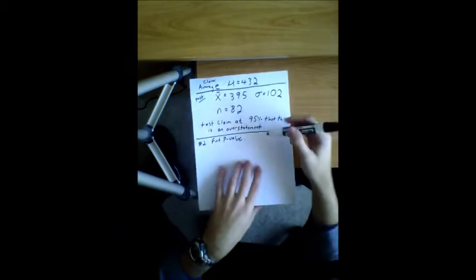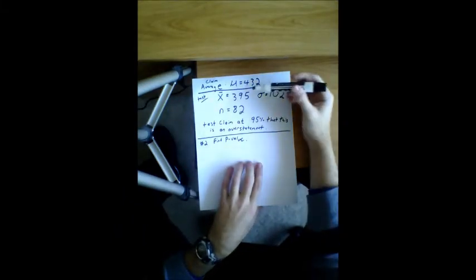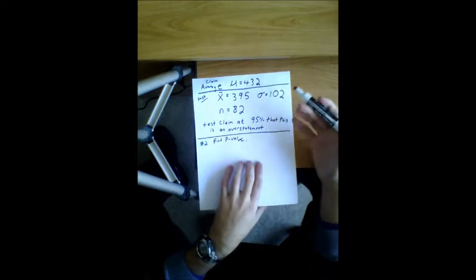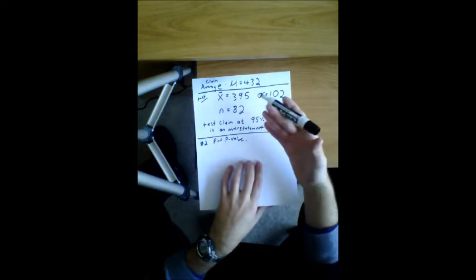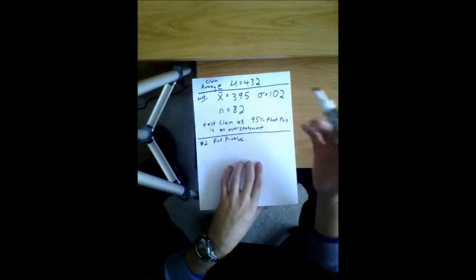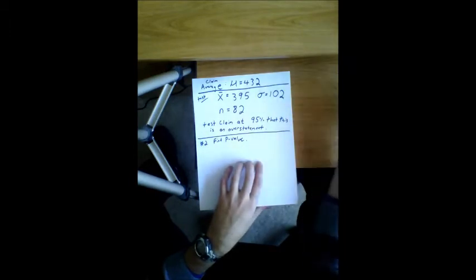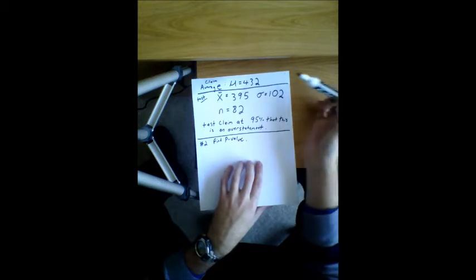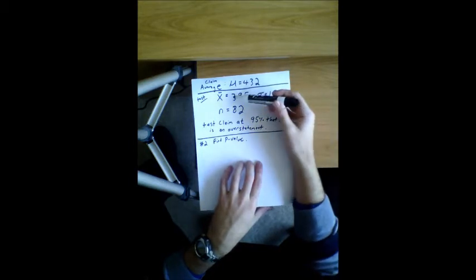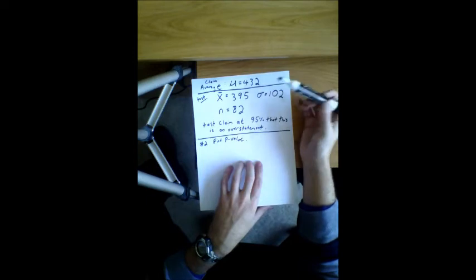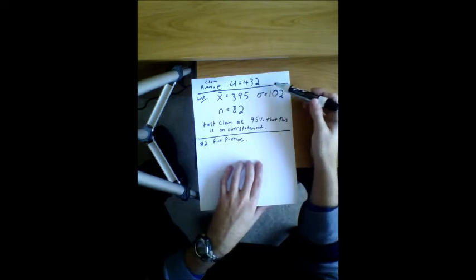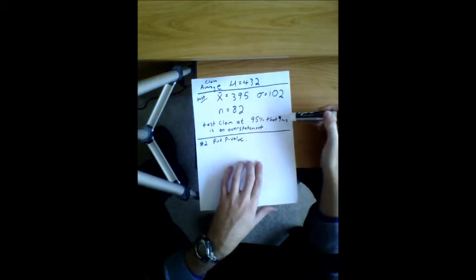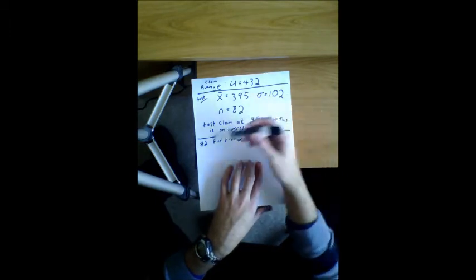Alright, we've got this claim that they can save us $432 on average. And we're not so satisfied. We don't think that it's quite 432. We think that maybe it's a little bit less. So we did our own test. We did a poll of 82 people, and what we found is they saved an average of $395, with a standard deviation of 102. So we're asked to test this claim at 95% to see if this is an overstatement, and then define the